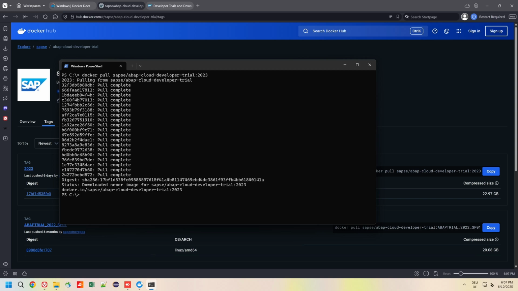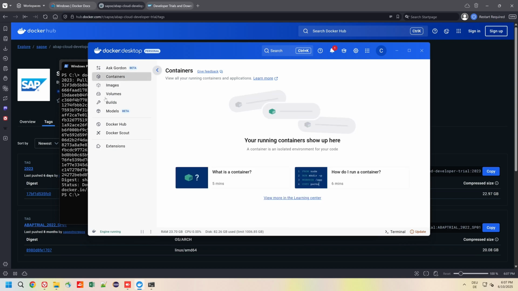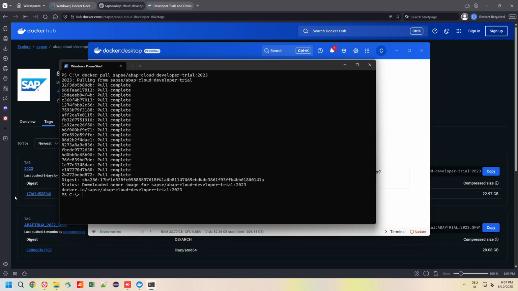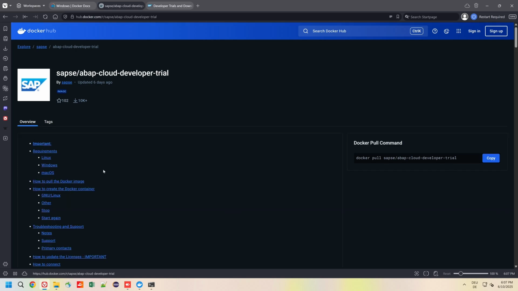So we open the Docker Desktop and we see here the image, the newest Cloud Developer Trial, approximately 87 gigabytes. Then we go back to the Docker Hub, to the overview. We scroll down to